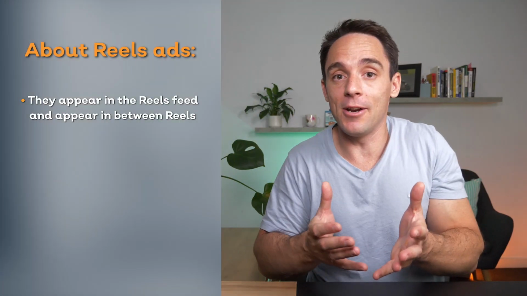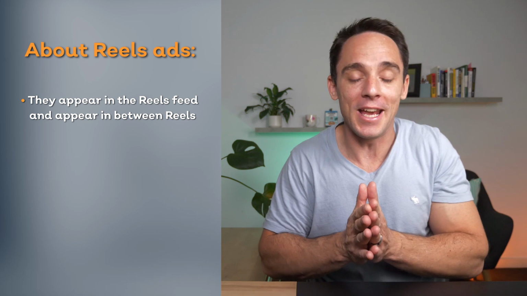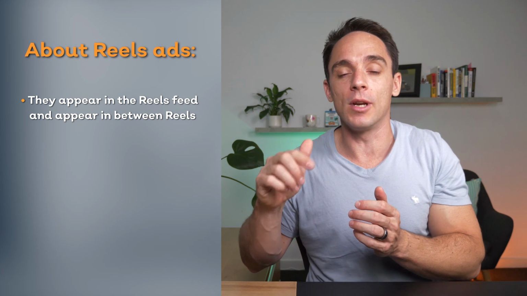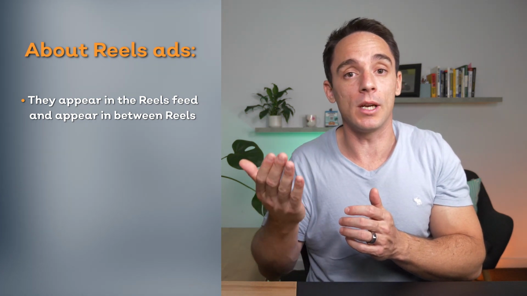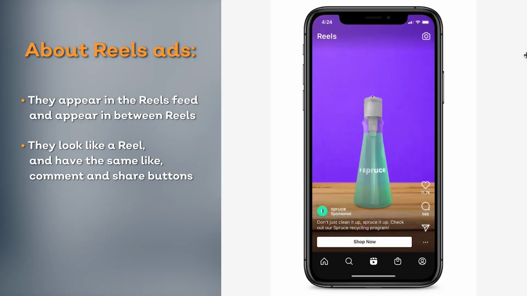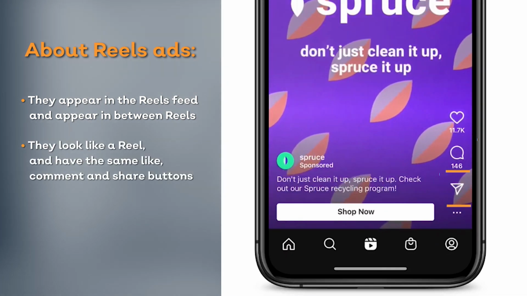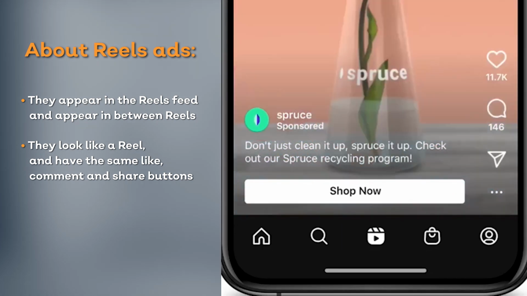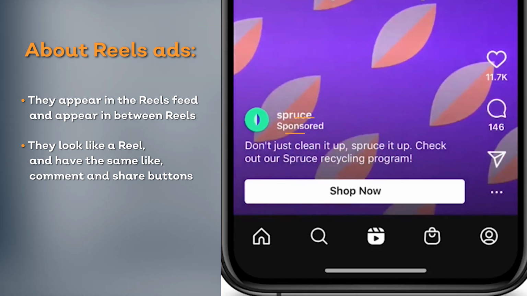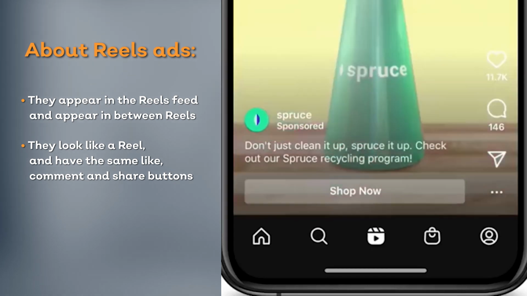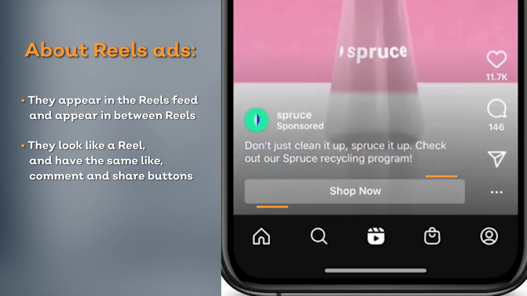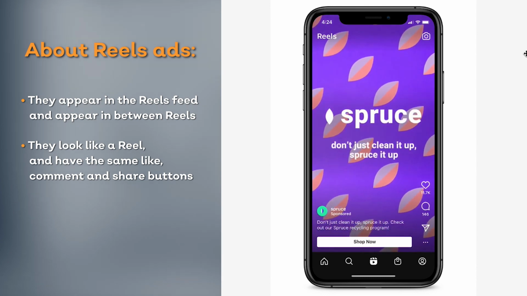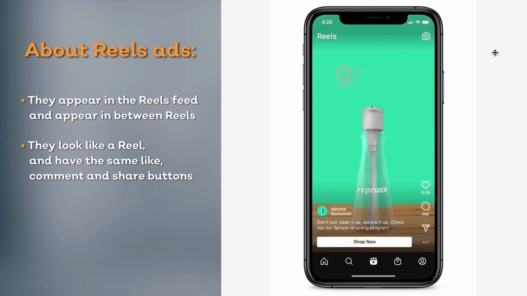First thing you need to know is they appear in the Instagram Reels feed, but you probably guessed that already. So they appear in the feed similar to how Instagram Stories ads work. As you go through different Reels, all of a sudden an ad will pop up in between Reels. When that happens, they look just like any other Instagram Reel. They have the like, comment, and share buttons. It shows the icon and the name of the Instagram account that is running it. The difference is they have a little sponsored text below the name of the Instagram account that's running the ad, and also they have a call to action button, meaning that as an advertiser, we can put a call to action button on these ads. We can have a link associated with that button so that people can click the ad and go to our landing pages.